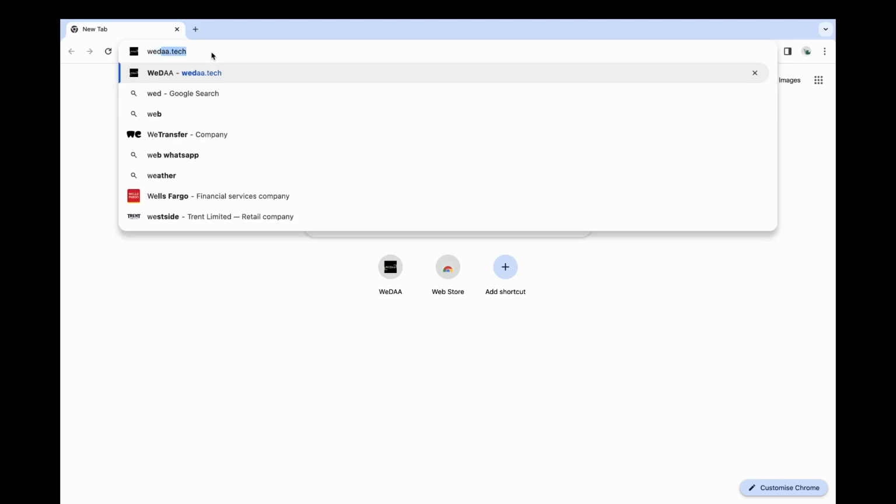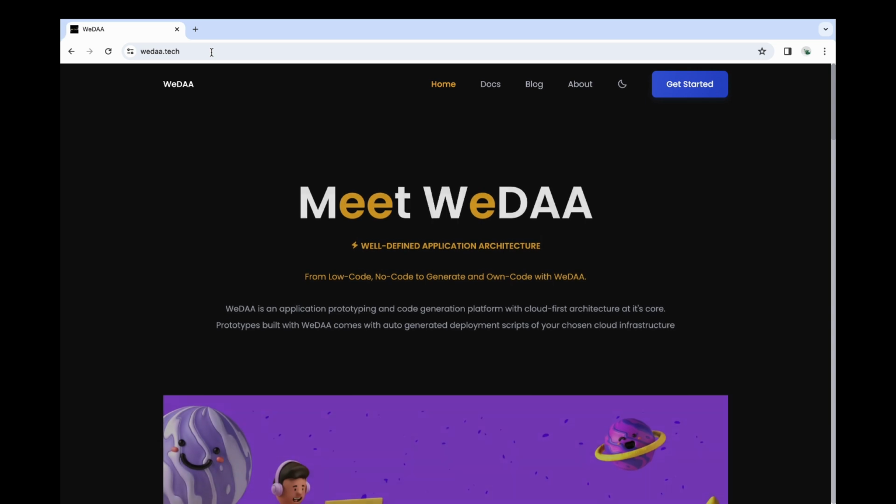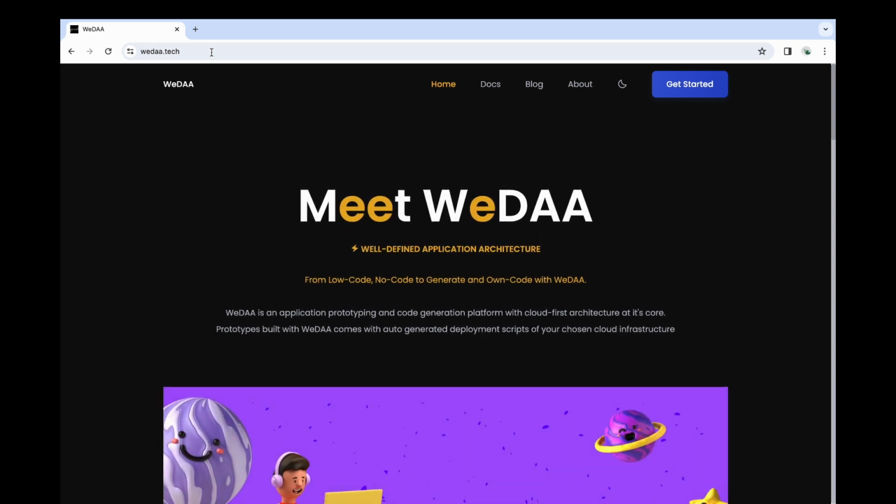Presenting WeDAA, a platform built to accelerate enterprise application development and modernization. WeDAA works as your co-pilot and helps you in building and modernizing enterprise-grade applications with well-defined comprehensive architecture. This video will guide you through the process of utilizing WeDAA's developer portal to construct application architecture with WeDAA's Quick